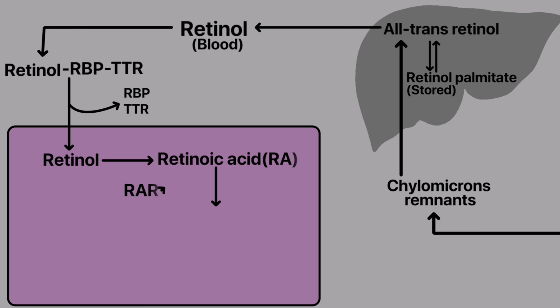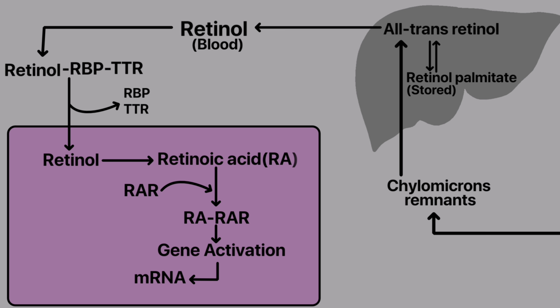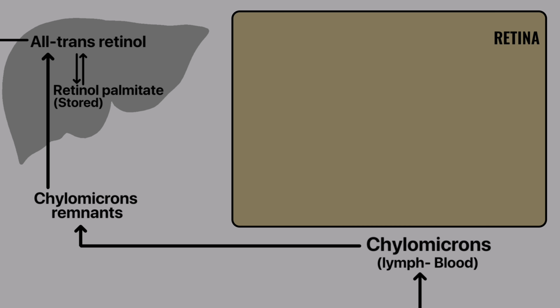Retinoic acid binds with high affinity to retinoic acid receptors, or RARs, in the nucleus of target tissues. This activated complex binds to DNA and regulates synthesis of specific RNAs, resulting in control of the production of specific proteins. In the retina of the eye, where retinol is required for the visual cycle, as retinol enters the rod